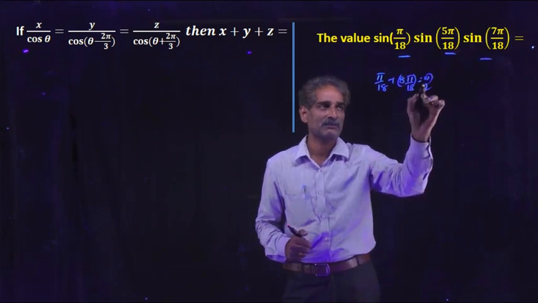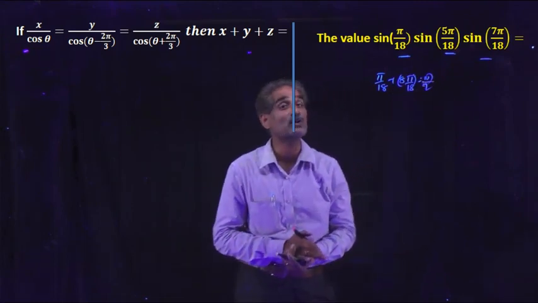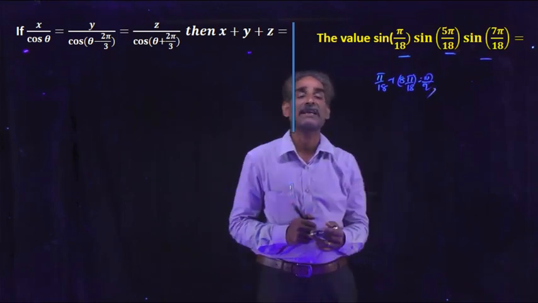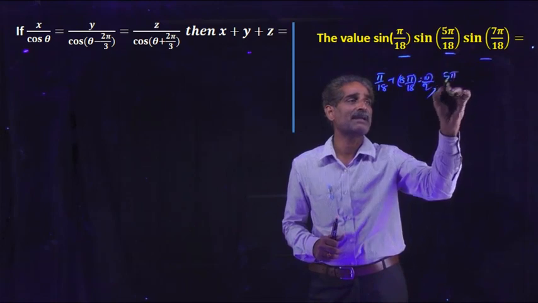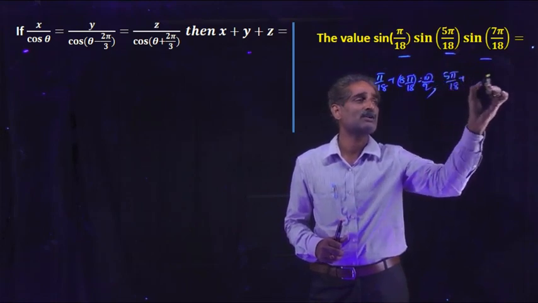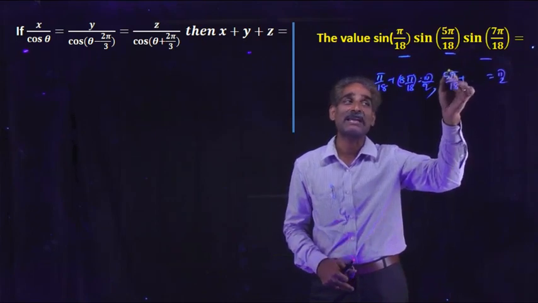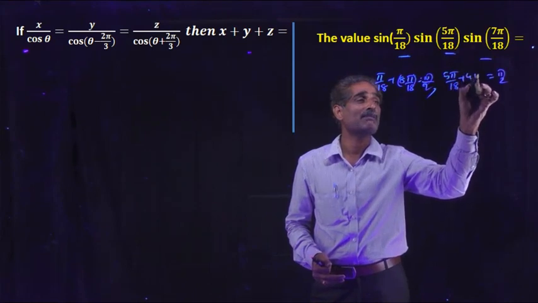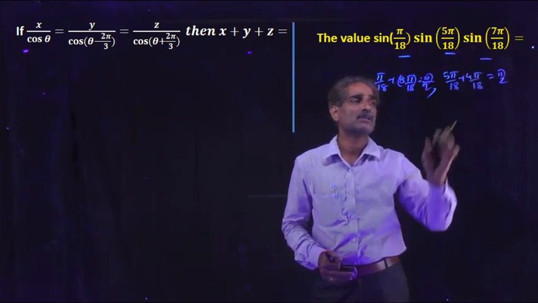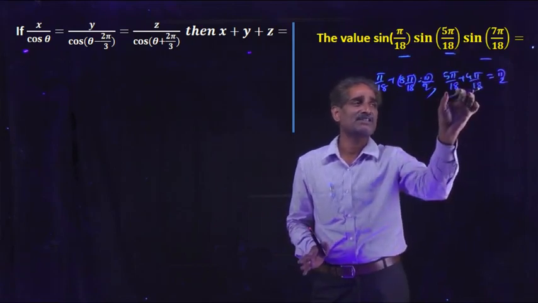Right, first one. This is equal to pi by 2. A plus b is pi by 2, so sin a equals cos b. So next angle, observe the next angle. 5 pi by 18 is there. Plus how much is equal to pi by 2? 5 plus 4, 9. 9 pi by 18 is equal to pi by 2. So 4 pi by 18. See this, 9 pi by 18 is pi by 2. Sin of this equals cos of this.